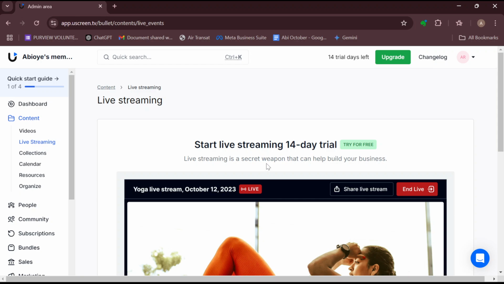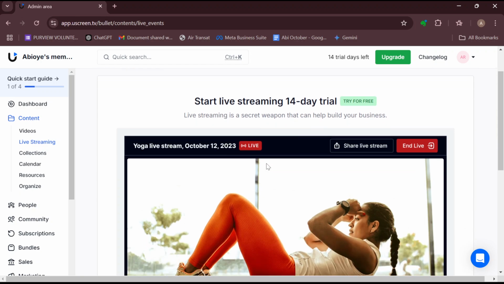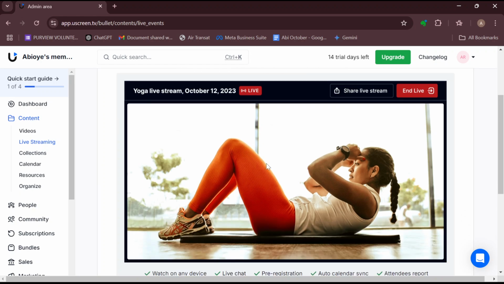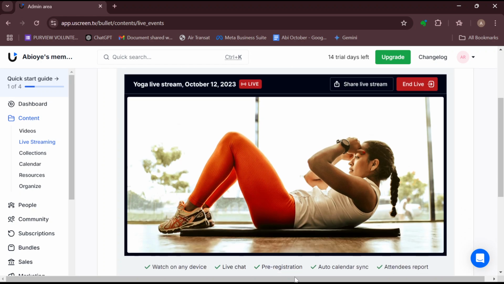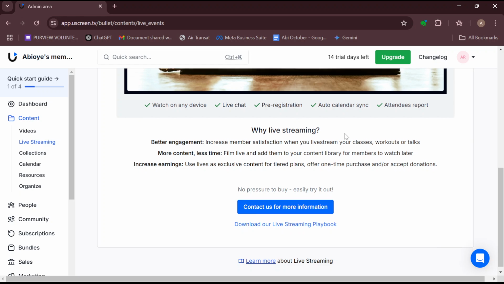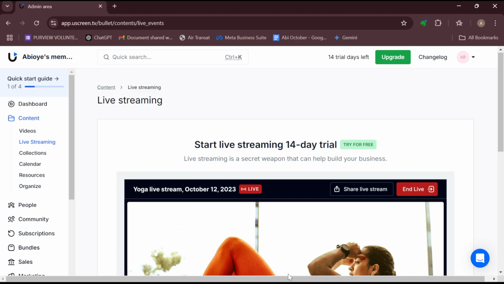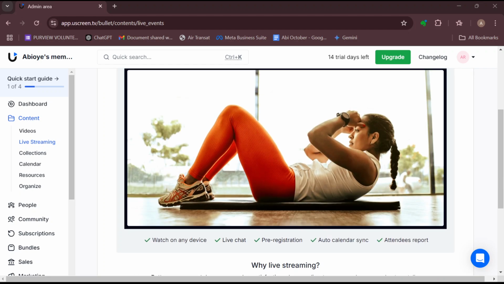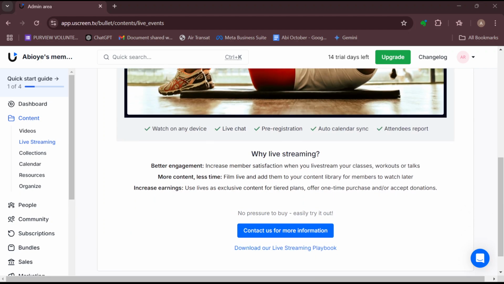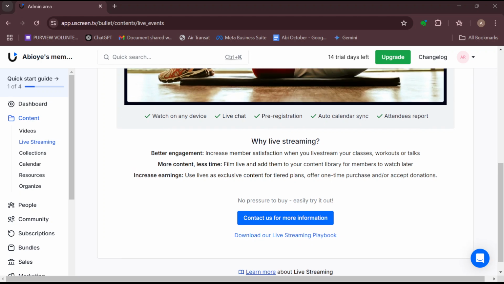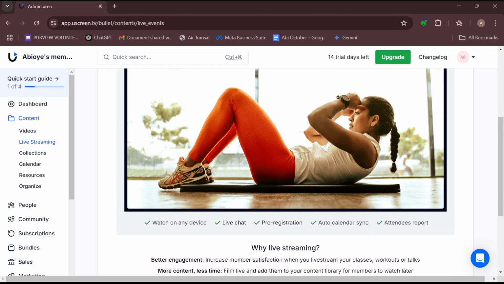So in order to activate live streaming, you have to be on the paid version of Uscreen. So take note of this. So once you're on the paid version of Uscreen, you will then see the option for you to start new live event or add new. All right, you'll see the option on this same page. Okay, the reason you cannot see it in mine is because I have not upgraded to the paid version, but once you've upgraded, you'll see the option for you to add new, that is to create a new live stream